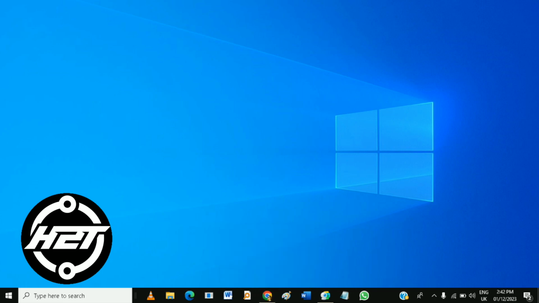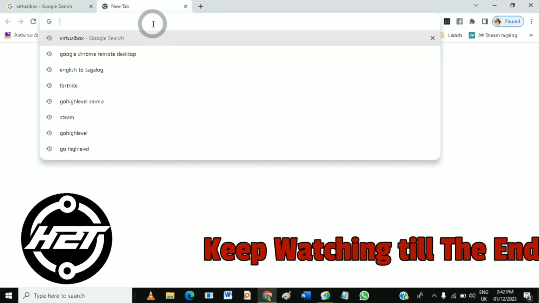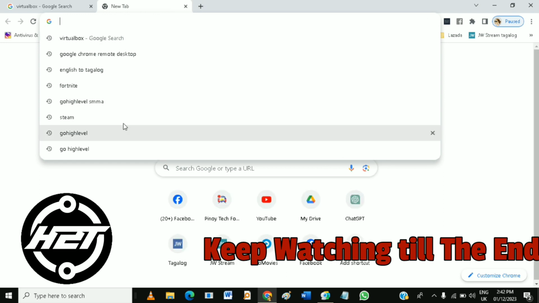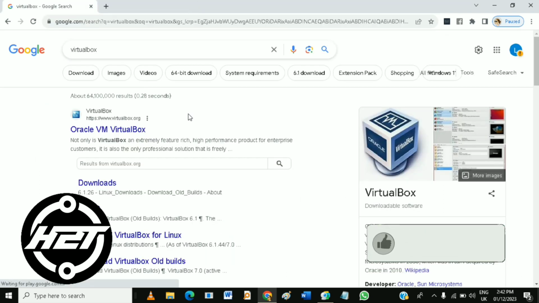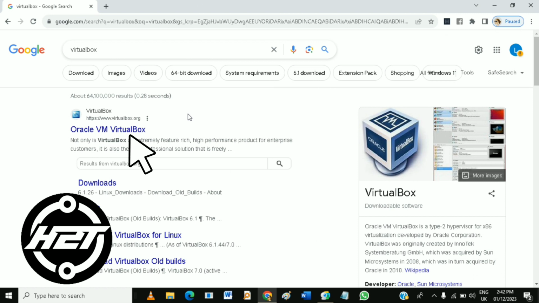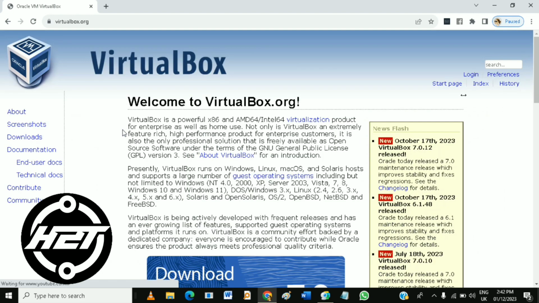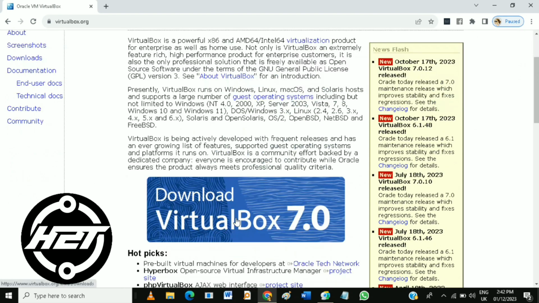To do that, open your browser and then search for VirtualBox. Then in here, click the official website of VirtualBox, which is virtualbox.org. Now, download and install VirtualBox from the official website. So click the download VirtualBox 7.0 button